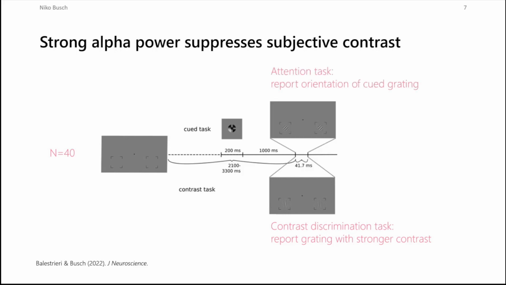On a separate set of trials, the stimulus was more or less the same, but we also presented a directional cue which instructed subjects, well, simply to report the orientation of the grating at that location. We use this as a kind of localizer because this manipulation is expected to induce strong alpha lateralization, which basically is kind of a correlate of the shift of your spotlight of attention to the cued location.